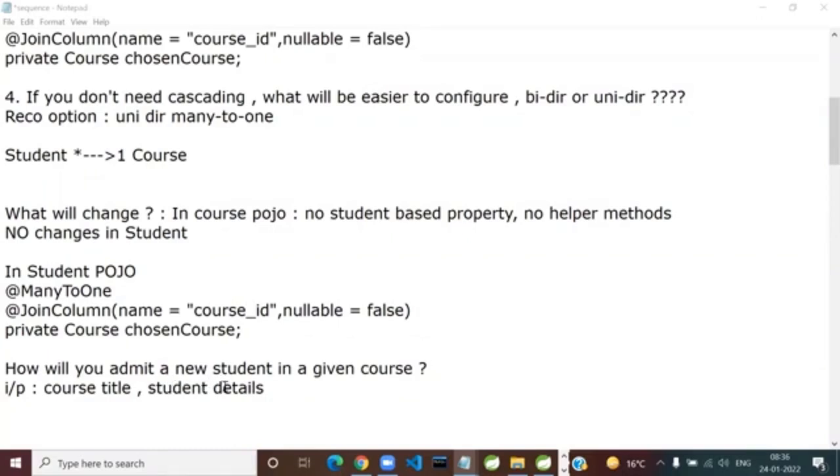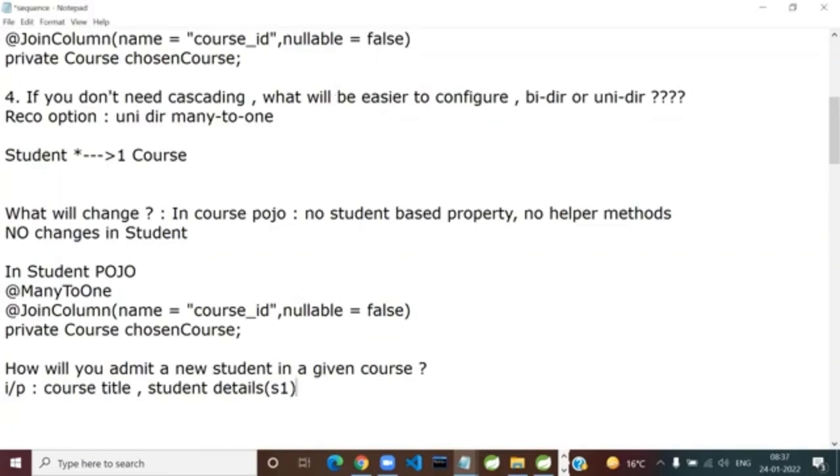Okay, coming back. So how were you doing earlier? From the course title, we were getting a course reference using a JPQL get single result. And then we were using a convenience method c.addStudent(s1). Okay, so now I'm asking you, suppose imagine that they are added in reference s1. But now tell me, in the modified picture, can you use c.addStudent method in the unidirectional association? Answer that. No, because there's no student there. So